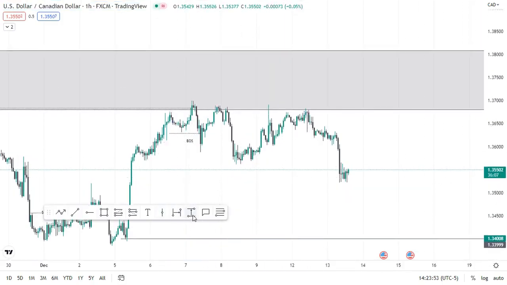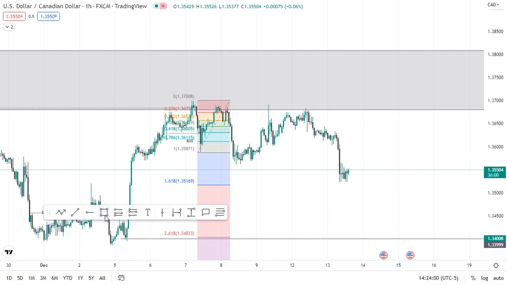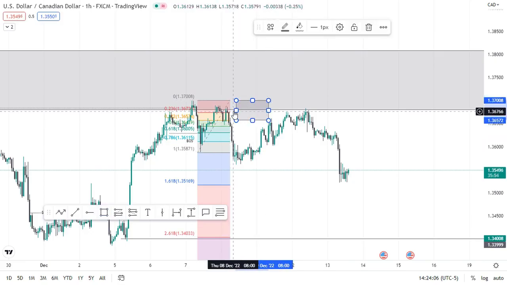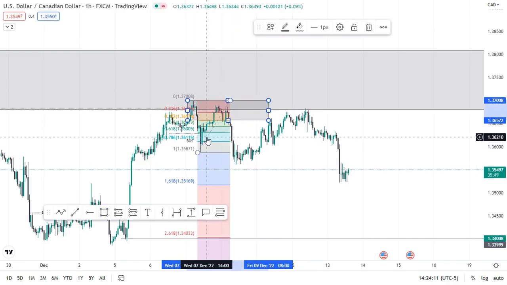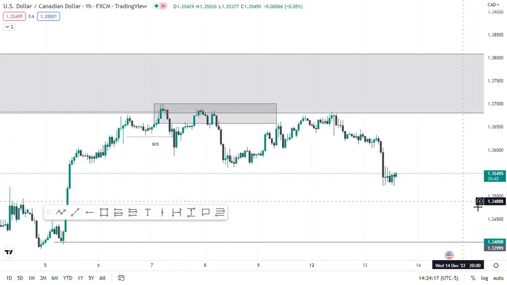So once again, you can decide to also use the concept of premium and discount. If I do that, that means from this point upwards is where I'm looking to sell. So I'm looking for a sell zone within that area. So as soon as that happens, if I zoom in likewise,